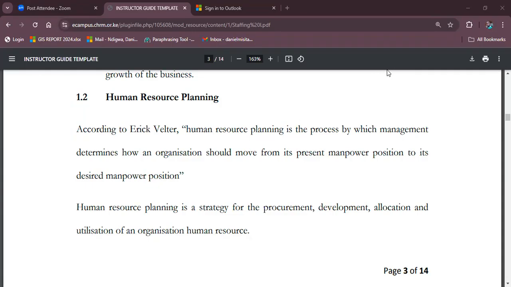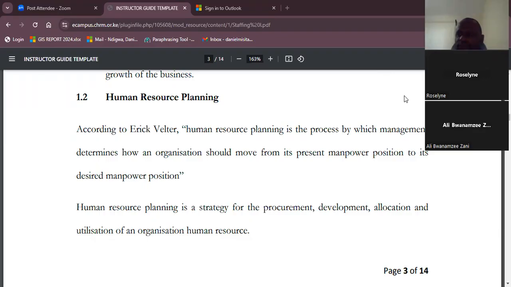So last time we introduced the staffing function of management. So today we are going to talk about human resource planning. And when we look at human resource, basically we are talking about the people who are working for a particular organization. And in order to make sure that work flows well, the human resource department has that responsibility of ensuring that at the end of the day,